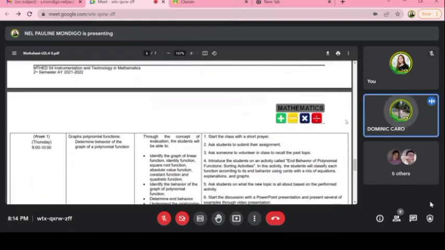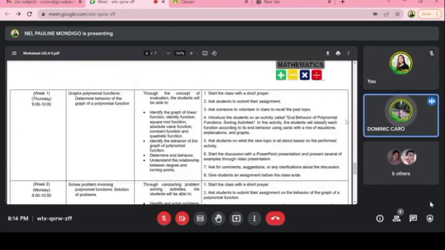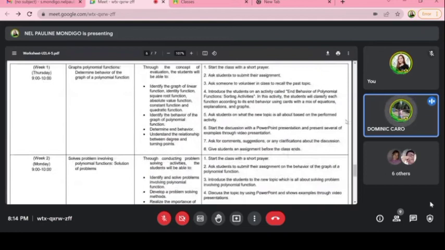Next is day and time, week 1, Thursday, 9 to 10. Graph polynomial function, determine behavior of a graph of a polynomial function. That is the learning competency. The specific daily learning outcome is, through the concept of evaluation,